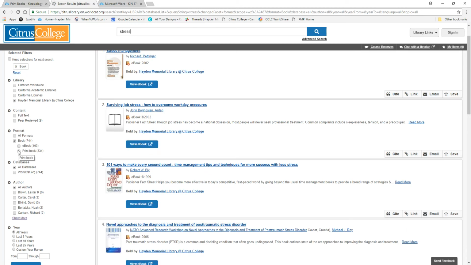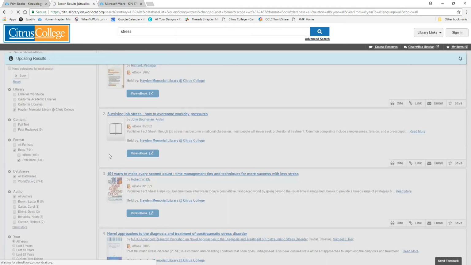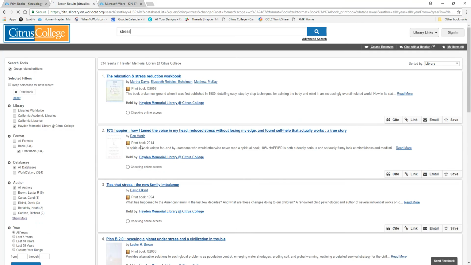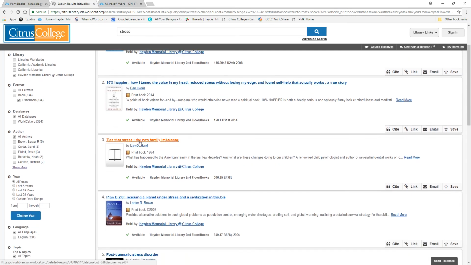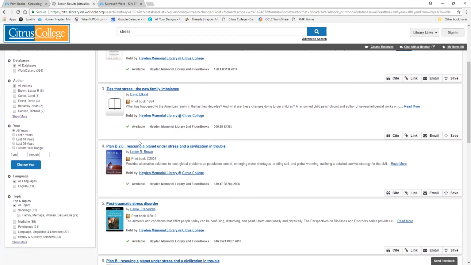And then select Print Book. So now it takes it down to 334 results, which is still a lot, but not nearly as many as 4 million. So if I decide that I want to use one of these books, for print books, obviously you would need to